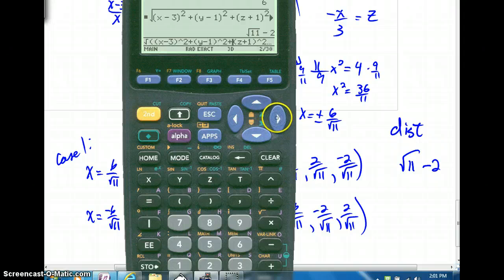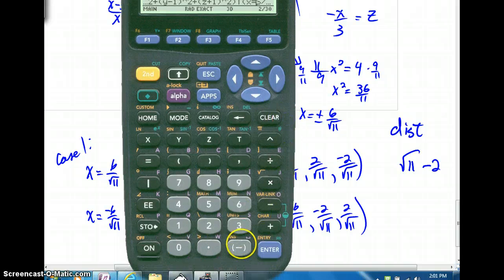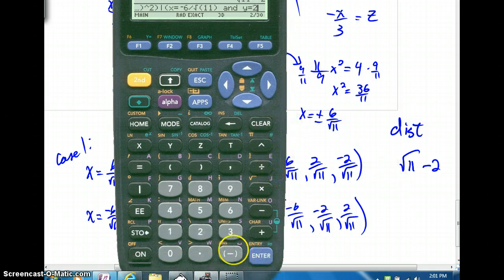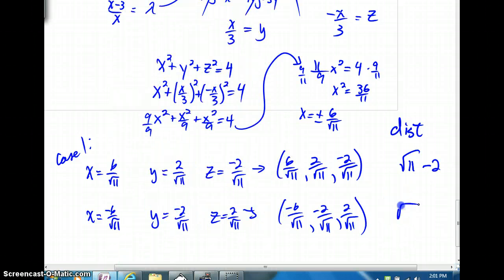Let's real quickly fix that up. Change this to a -6 over radical 11. Change the y to a positive. No, I'm sorry. That's also a negative. So sorry, I'm going to have to type that in. And then change the z, I should say, to the positive. So we're almost there. So sorry, we're about to lose time. The other one's 11 plus